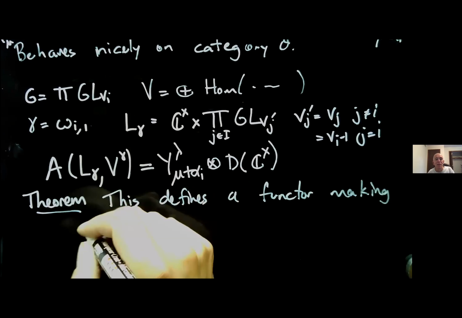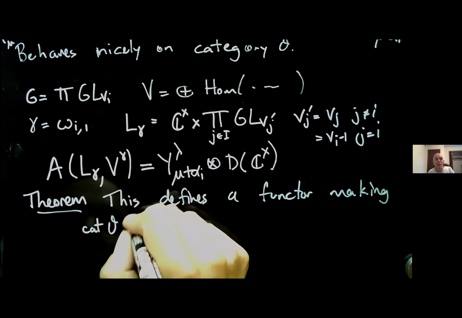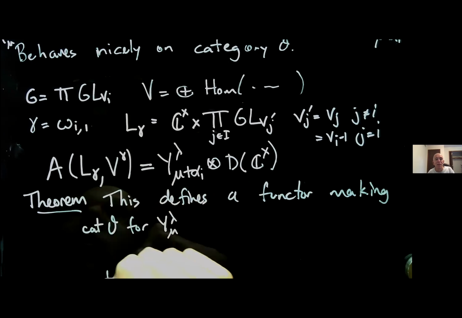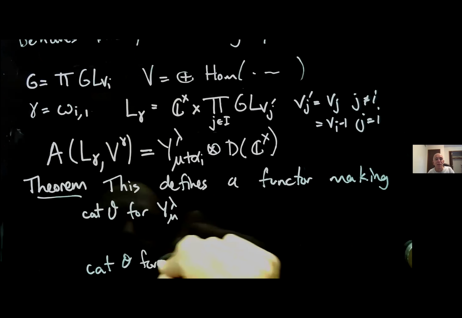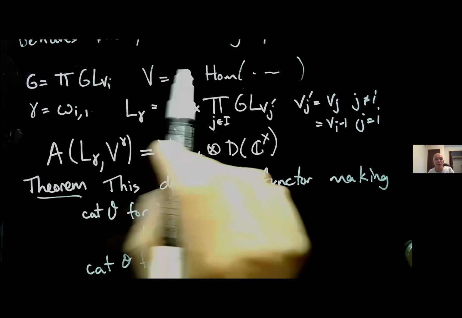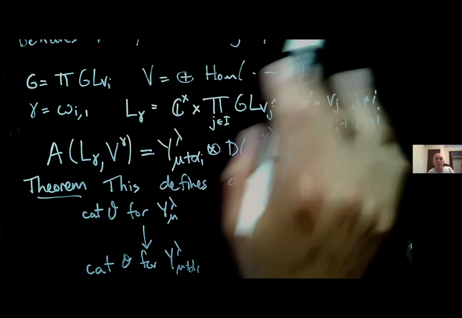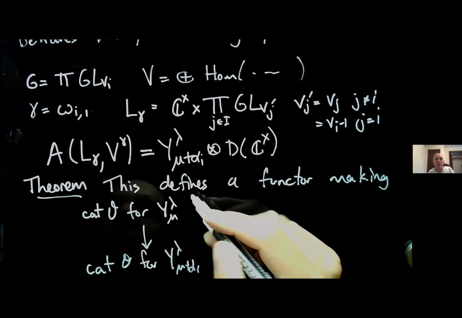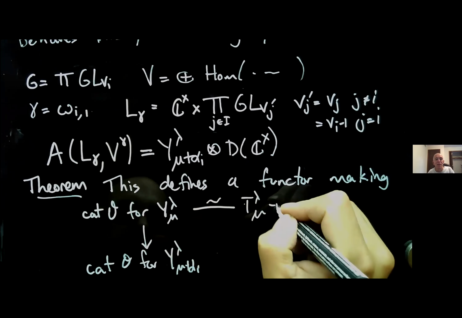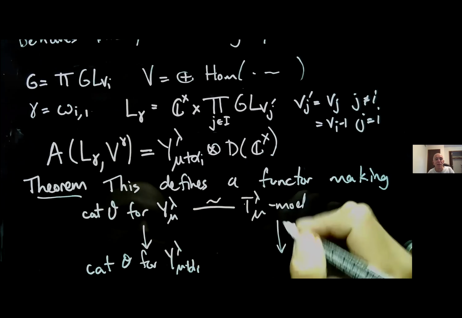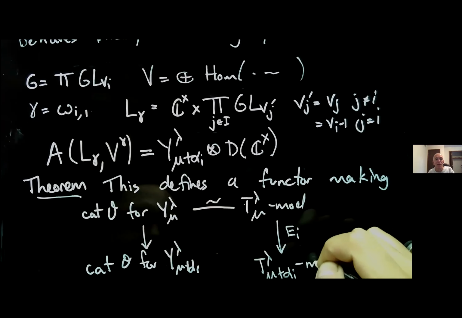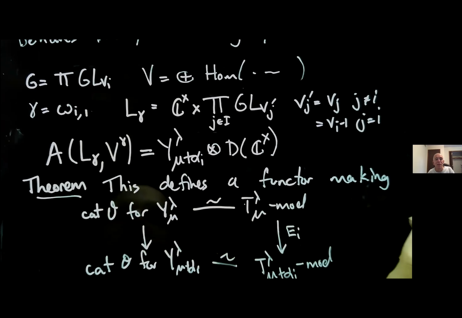this diagram commute. Category O for y lambda mu. Category O y lambda mu plus alpha I. So this left guy is that long sequence I wrote down above, this restriction functor using this stuff. And then here I have the theorem from before, the equivalence with this KLRW algebra. Here I have the functor EI defined in this diagrammatic fashion. And here I have the same equivalence.